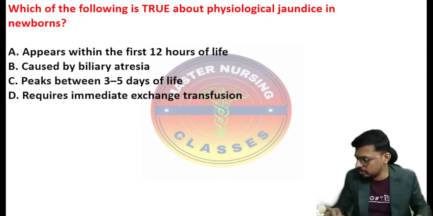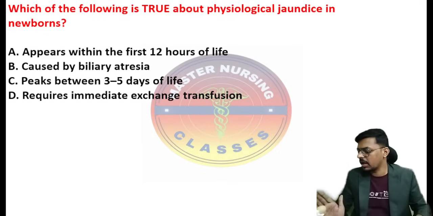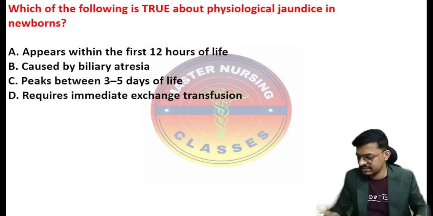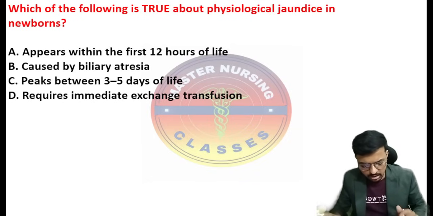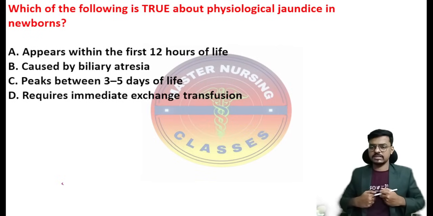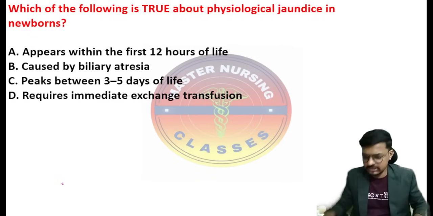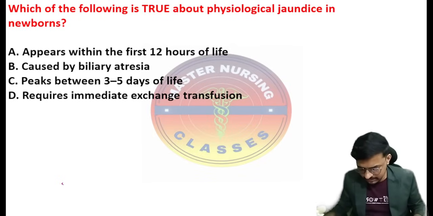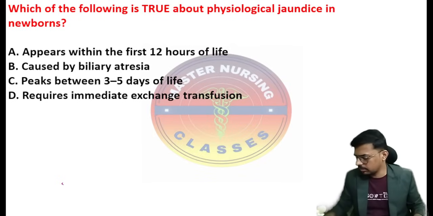The class will go somewhat lengthy because I want to cover yesterday's questions and points of discussion also, along with today's, because I want to cover all the important question portions and tables necessary for your exams. I want to quickly revise in front of you all, so you can easily grasp it and easily answer every question. Which of the following is true about physiological jaundice in the newborn? All the options are in front of you, so please comment your answer.